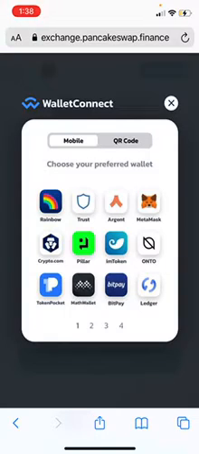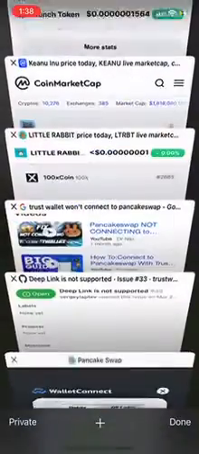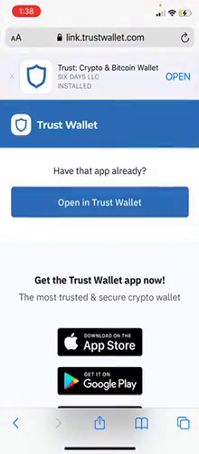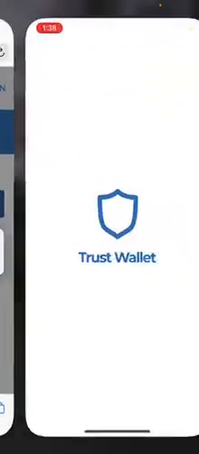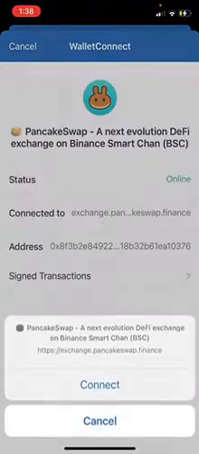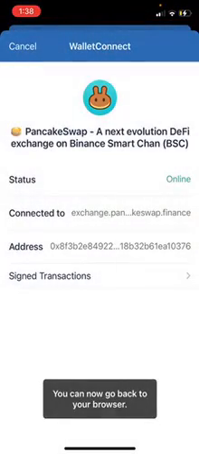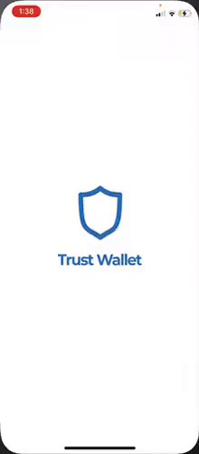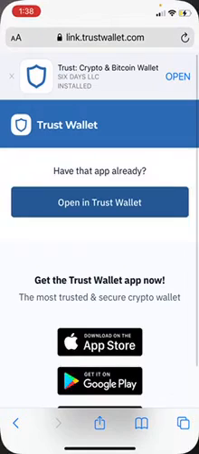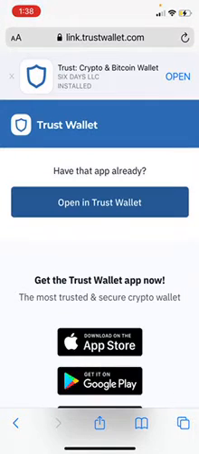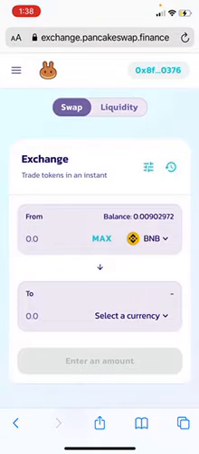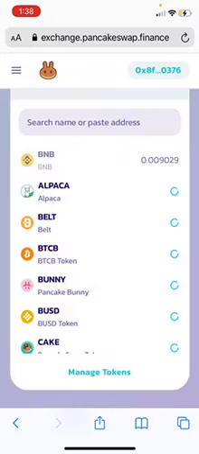For instance, Trust is the issue, is the problem. So you're going to click it on here, and then you're going to open the Trust app, and then you're going to connect, and you're going to want to keep this open because it's technically connected to the exchange right now. And then you're going to head back over to your browser and just click back, and then you can